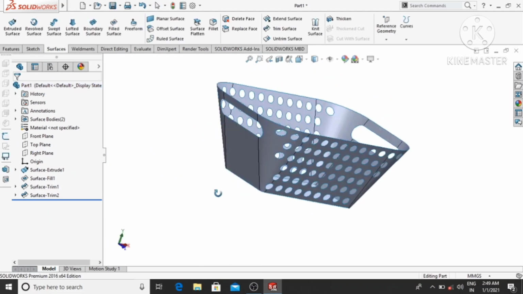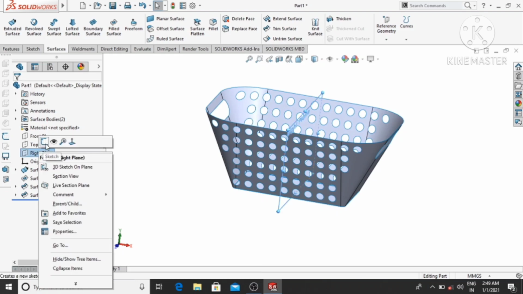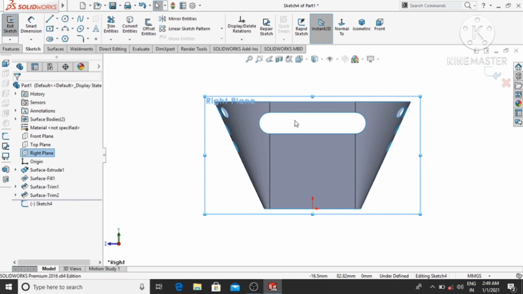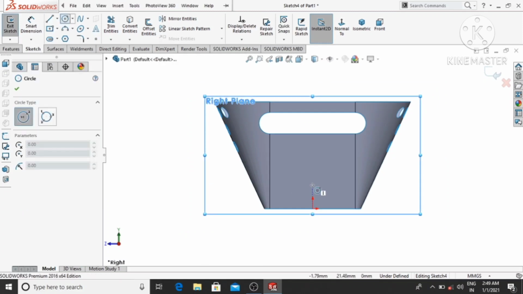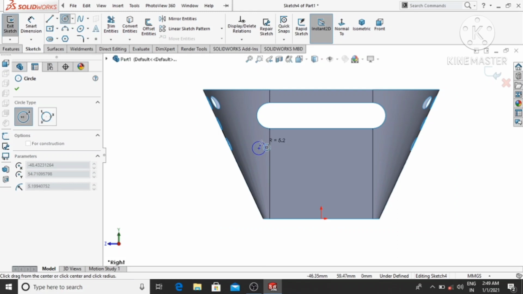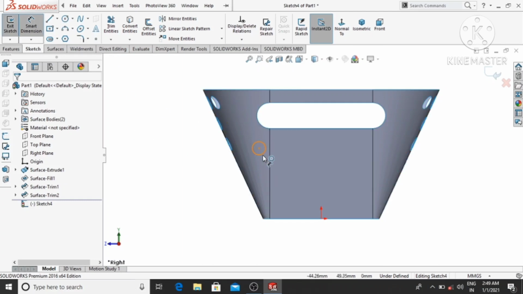Now again select the right plane, sketch, and make it normal. Here we also make the circular sketch, so select and go to the smart dimension.